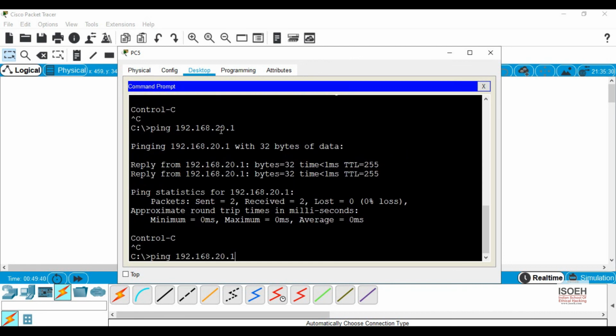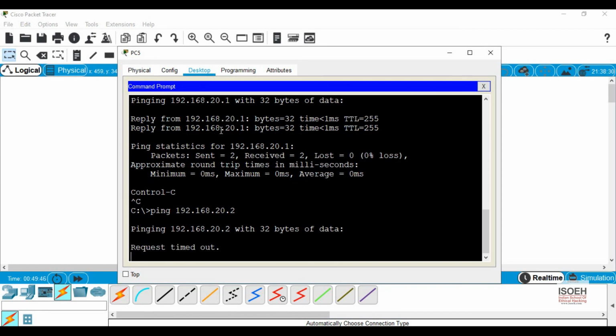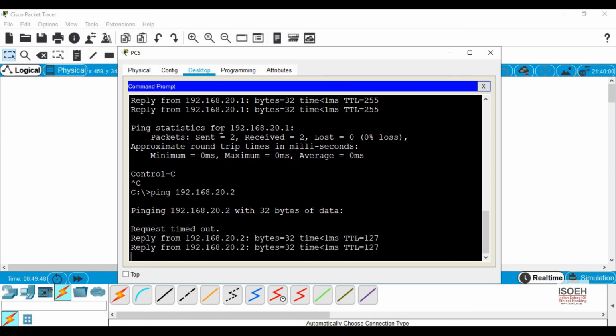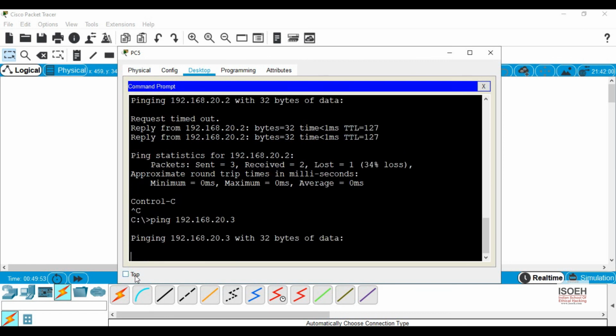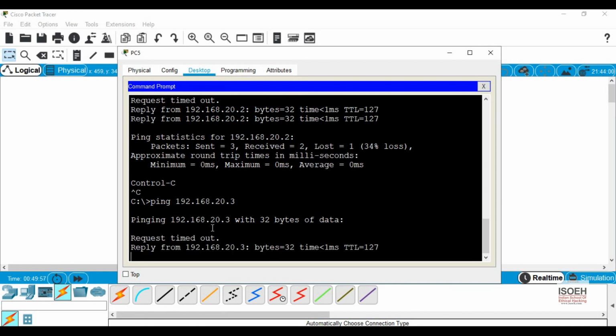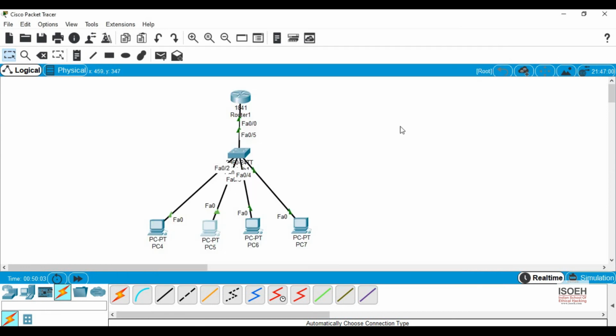I'm able to ping. See, with this my inter-VLAN routing is complete. So this is the router on a stick method. So thank you.